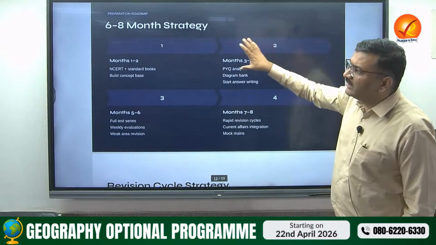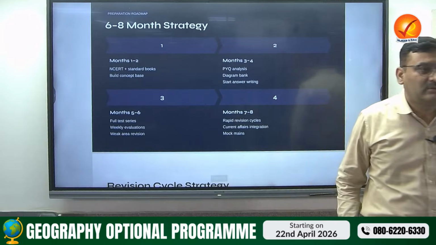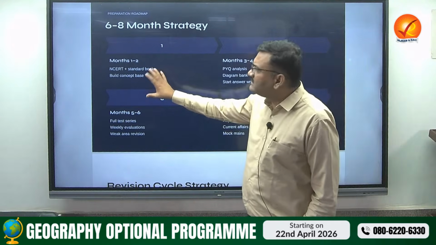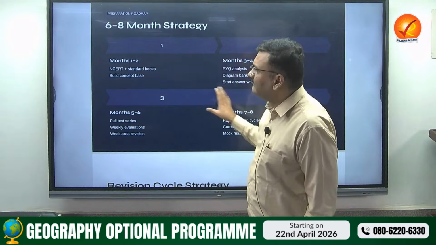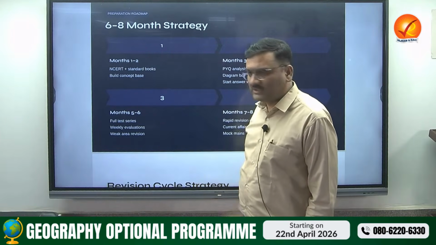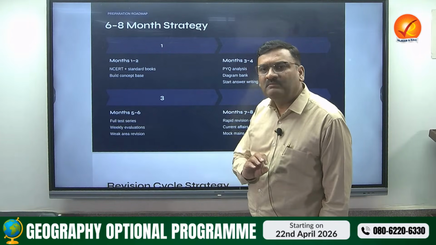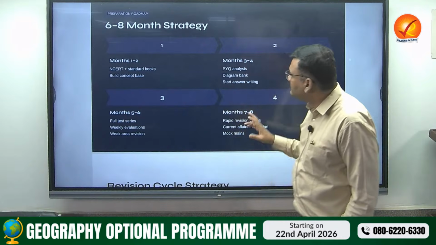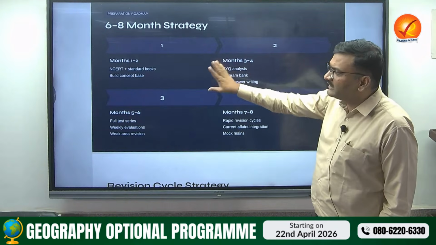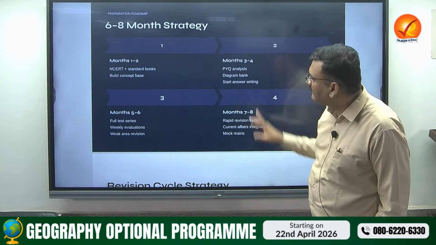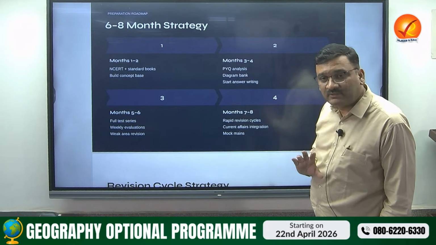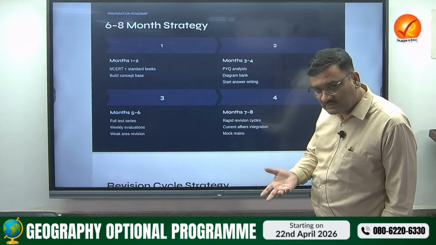Now this is going to be a very important thing, about how we plan, if you are doing it by yourself also. This is what I feel: one to two months you will be going for basic reading of NCERT, which you can do along with the classes. First and second month is for NCERT and standard books, third and fourth month you can go for previous year questions. जैसे when we start the classes also,